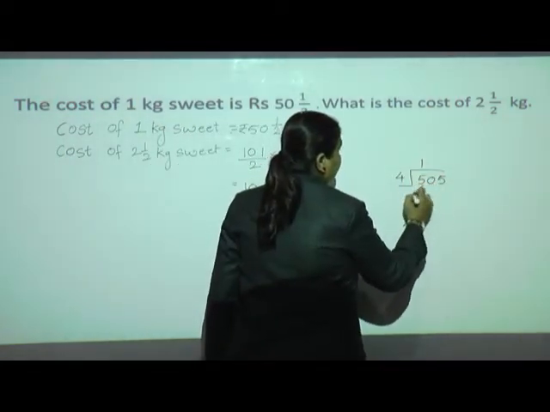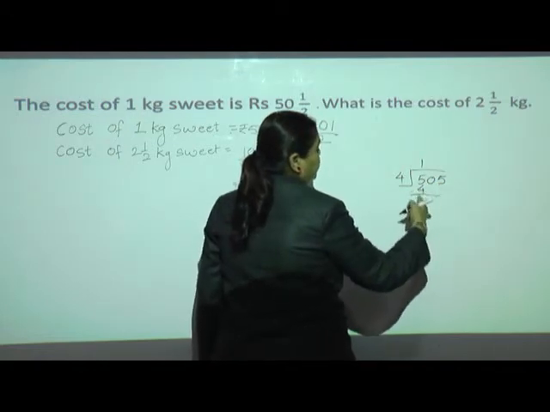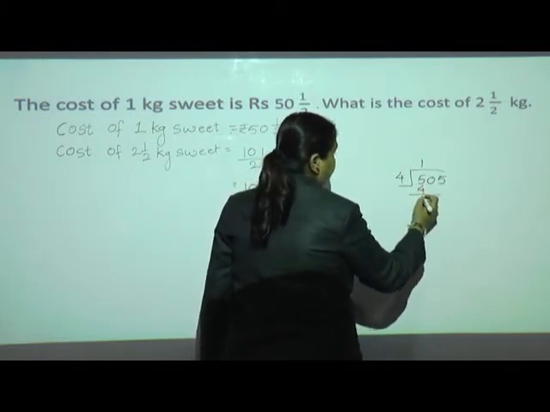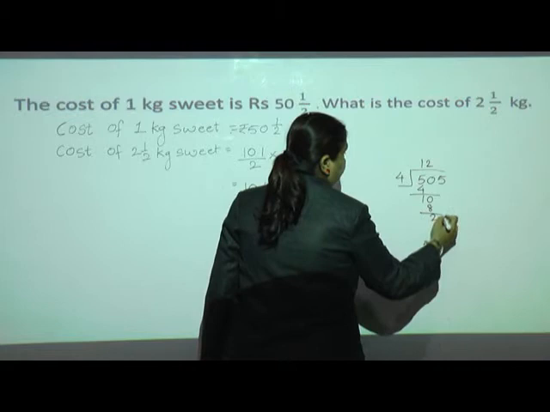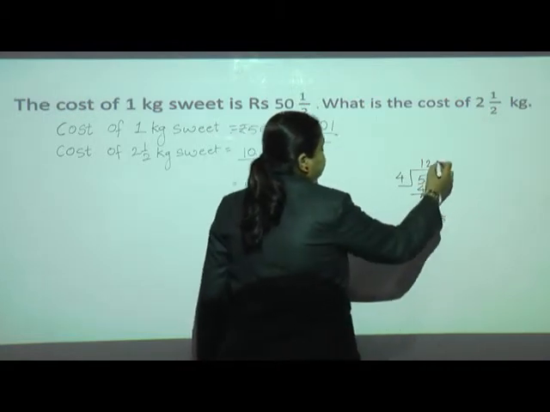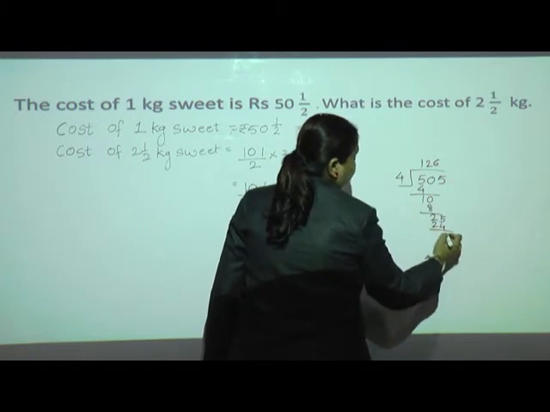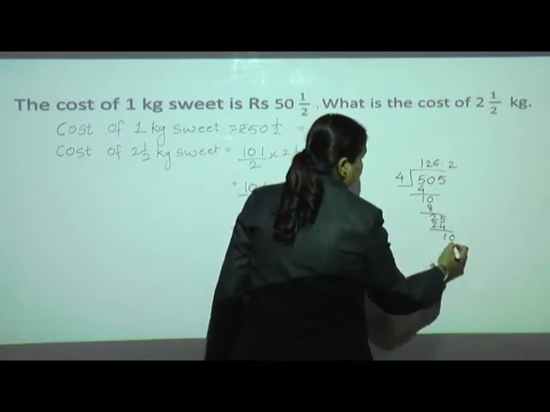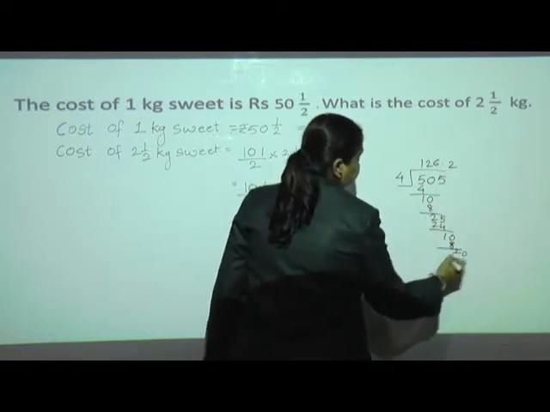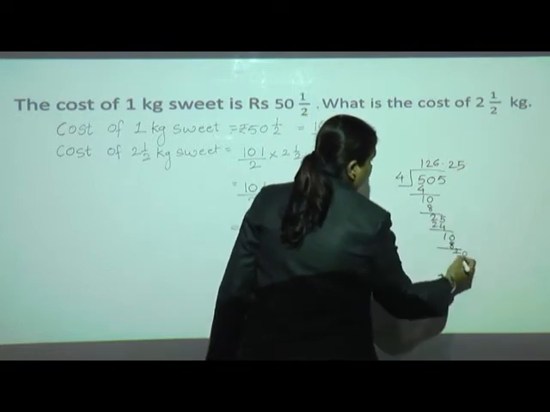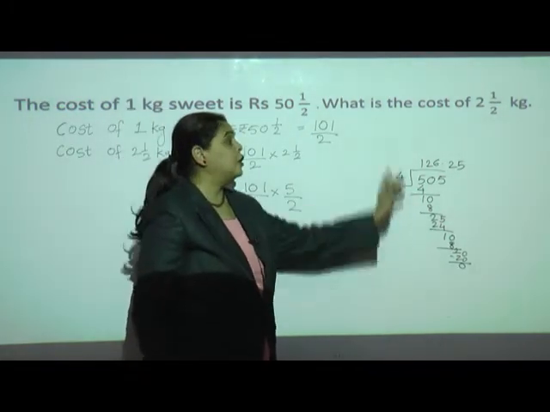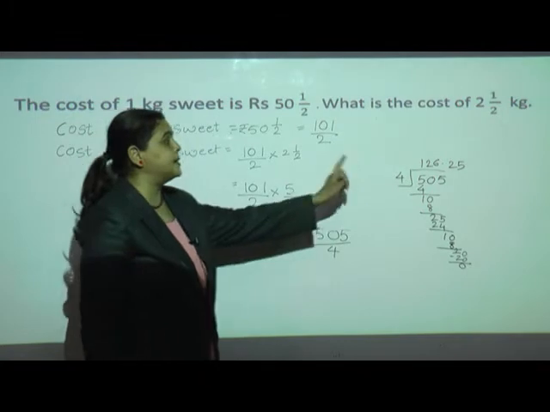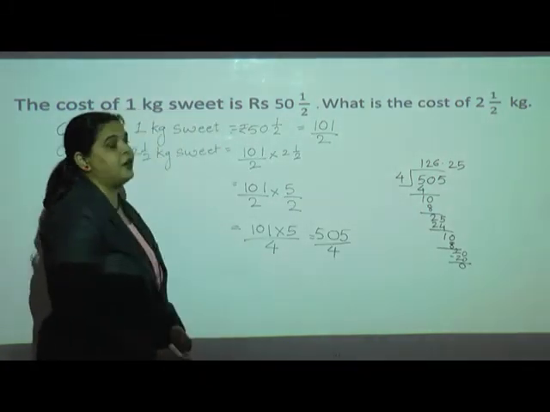Here we will go, 4 ones are 4. Here this is my rough part, so no need to go for proper, you can go with small handwriting. I'll get 0 here, 4 2s are 8, here again will be 2, I'll get 5 down, and 4 6s are 24, here will be 1, I'll put the decimal, I'll put the 0 here, 4 2s are 8, here will be 2, I'll put the 0, 4 5s are 20. You might be thinking why I have done this. To find out the rupees, I can say I am having 126 rupees 25 paise.